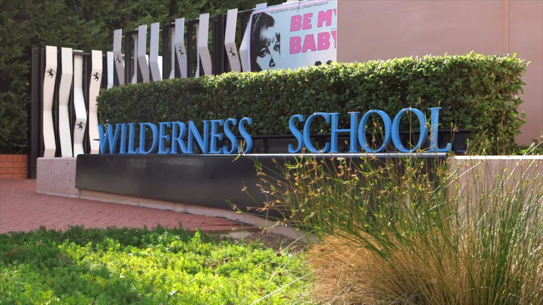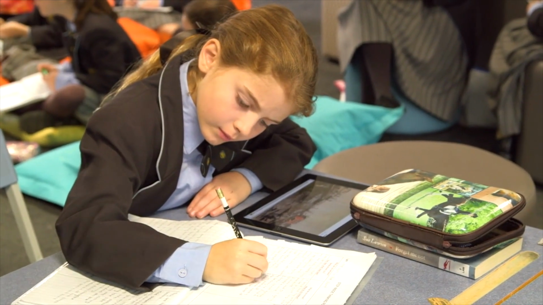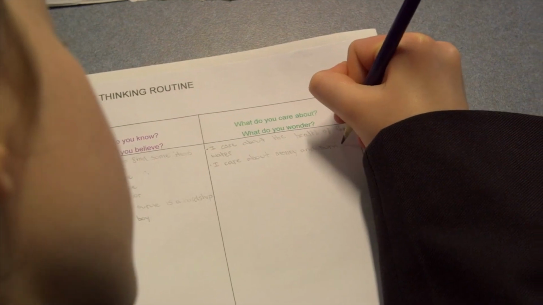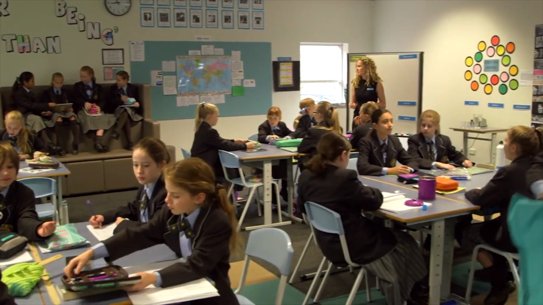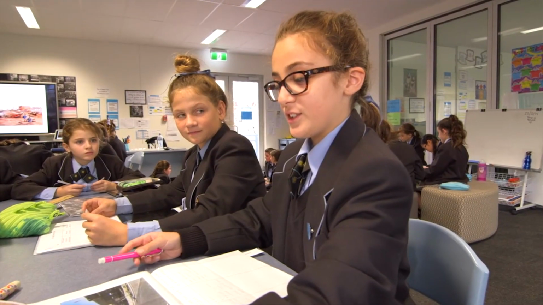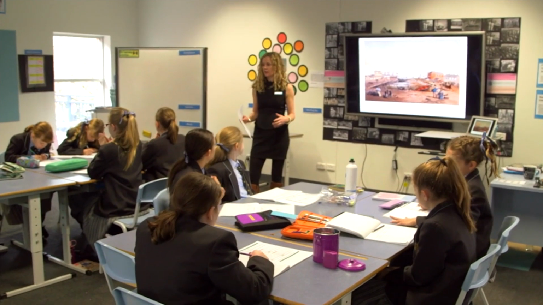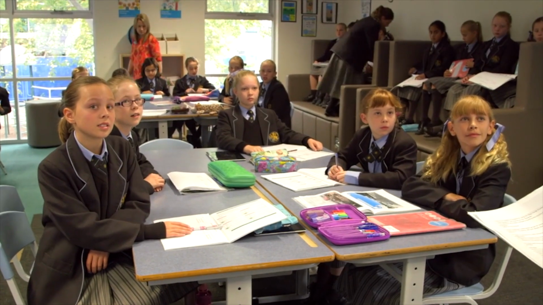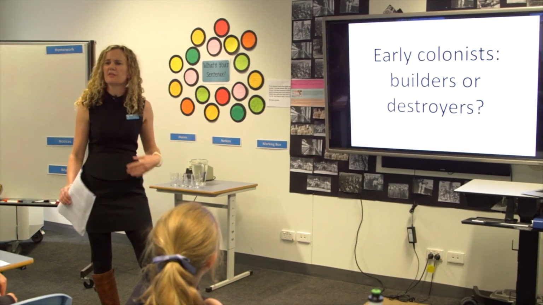In this illustration, teachers talk about how they measure student progress using the achievement standards or personalised goals aligned to the standards. In this class, the teacher identifies aspects of the achievement standard in Year 5 history or humanities and social sciences that she would like the students to demonstrate. In a unit of work on Australian colonial history, the class is considering the central question, early colonists, builders or